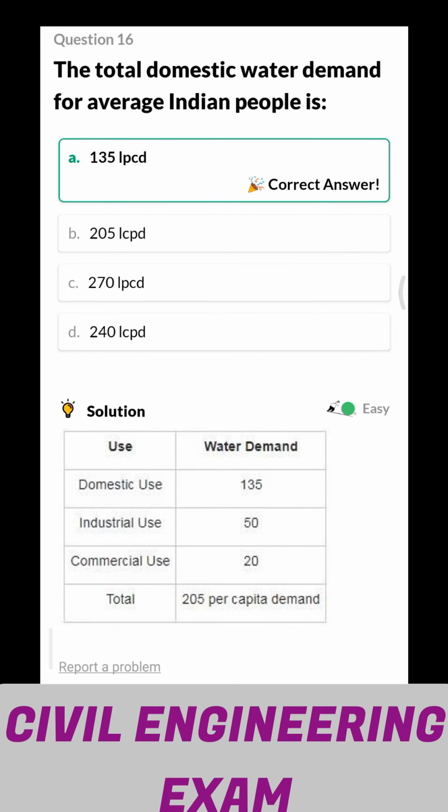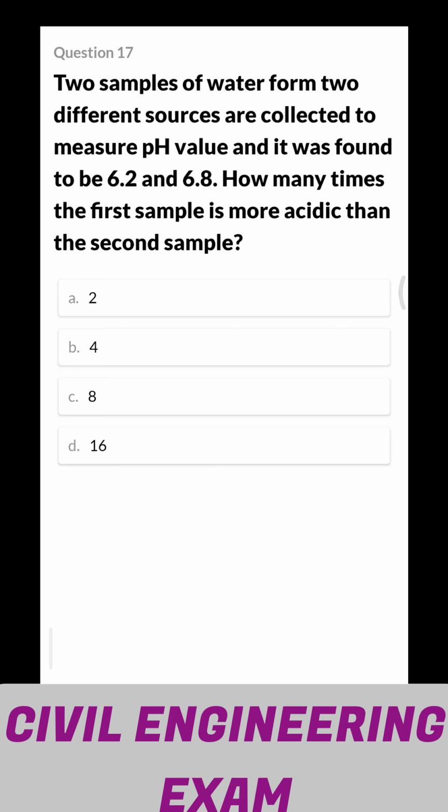So for domestic use we can take 135 liters per capita per day, then industrial use 50 liters per capita per day, then commercial use 20 liters per capita per day, so totally 205 liters per capita per day for the city. So next question,